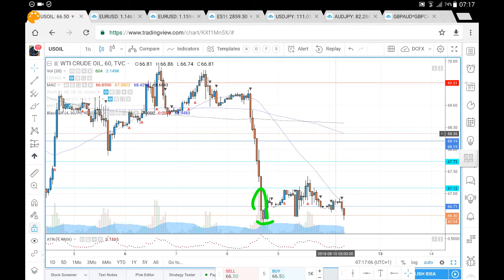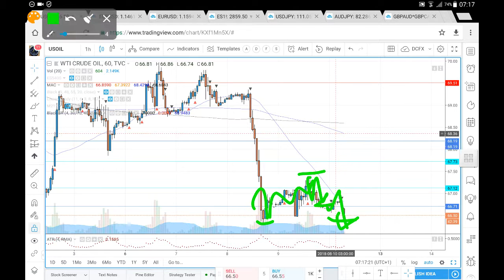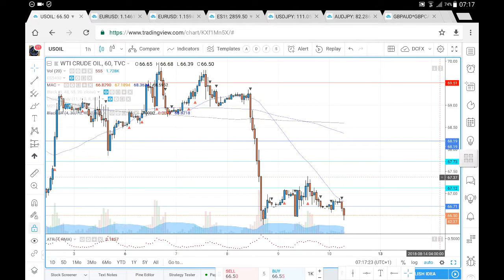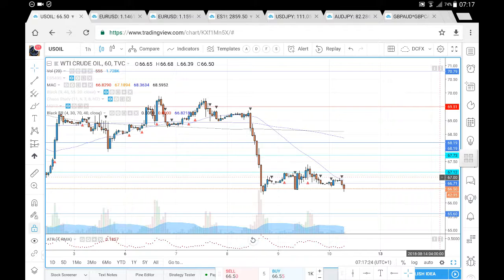So previously we had prices trade through the 66.71. Had a brief rally back above 67.12. Weren't able to sustain that rally. We did see the revisit of the 66.71. Another brief rally, and we're now seeing a subsequent breakdown of the 66.71. So if we are to have more sell side momentum here on the US oil,